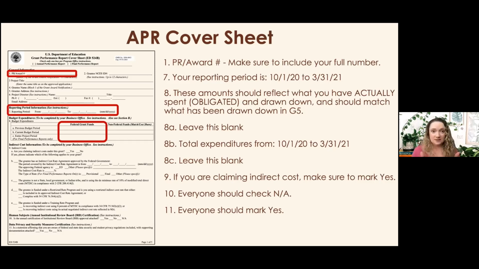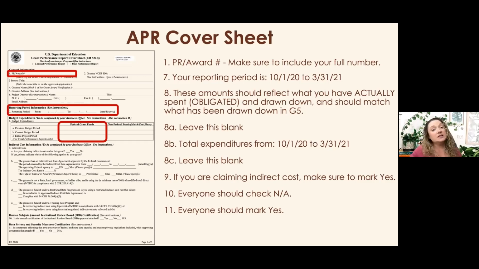Now, what that means, and you'll want to be sure and explain this to your fiscal office as well, because when you tell your fiscal office, I want to be able to see the budget information in G5, most offices freak out a little because they don't want you to accidentally draw down money. But view-only access means that you could go into G5 and just see when drawdowns happen and how much they happen for. You would have no ability to make any changes. You would have no ability to make any drawdowns. It's just as it says, view-only access.